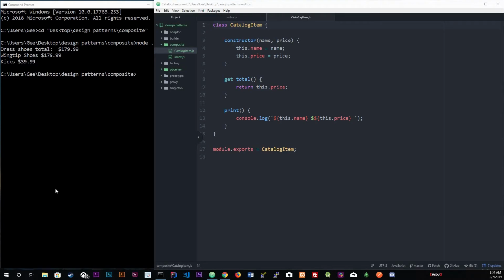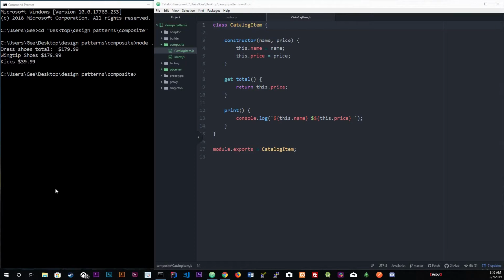So composites work with trees, and when it comes to programming, trees are everywhere. One of the most common trees that we interact with is the file system. In the file system, there can be directories that can be used to group files and other directories, right? The nodes that contain groups of other nodes are referred to as branches, and in the file system, a file folder represents a branch. If we traverse a tree, we will eventually end up with nodes that do not contain or group other nodes. These nodes are referred to as leaves, and in the file system, each file will represent a